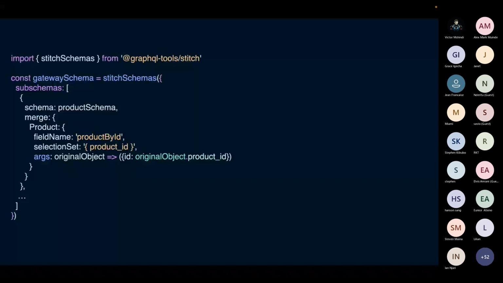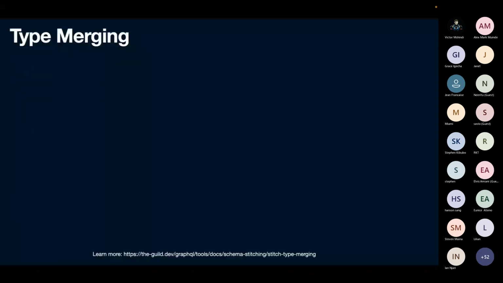This is manual merging. There's another preferred way of automatic merging, but here we're just saying merge products, and then you'd have another resolver, product by ID, and then you select product ID, which is an argument that's required for this query, and then it would smartly merge these types,